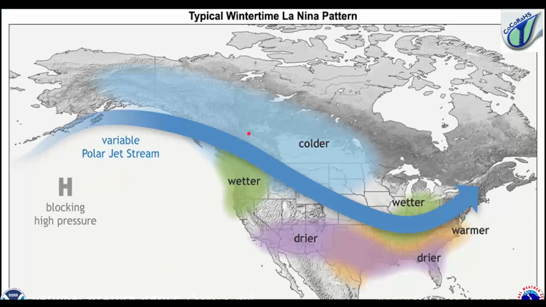So with La Nina, as I mentioned, those cooler sea surface temperatures impact our atmospheric pattern. So what that brings us is a polar jet stream that is variable, but it tends to swing down from the Aleutians down across British Columbia and into the Pacific Northwest. And depending on what side of the jet we're on, it gives us either a wetter pattern or a windy, colder pattern.